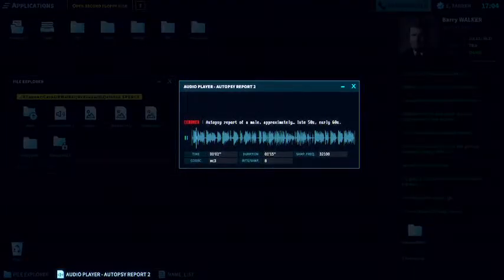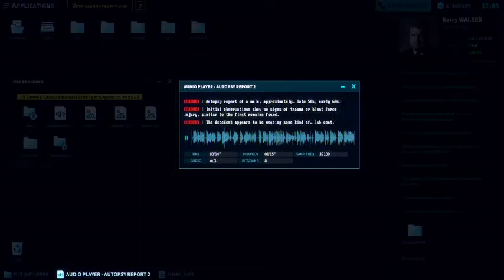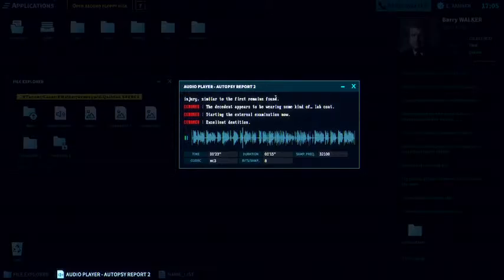Autopsy report of a male, approximately late 50s, early 60s. Initial observations show no sign of trauma or blunt force injury, similar to the first remains found. The decedent appears to be wearing some kind of lab coat. Starting the external examination now. Excellent dentition.